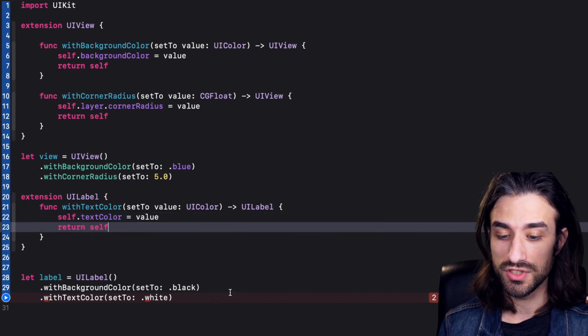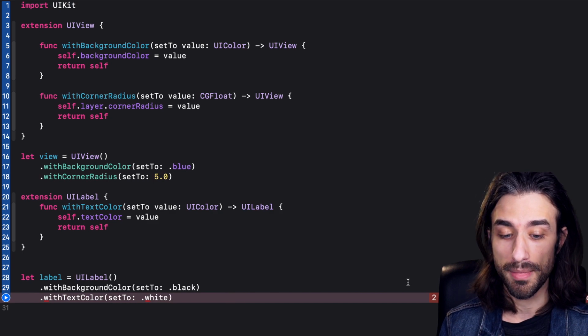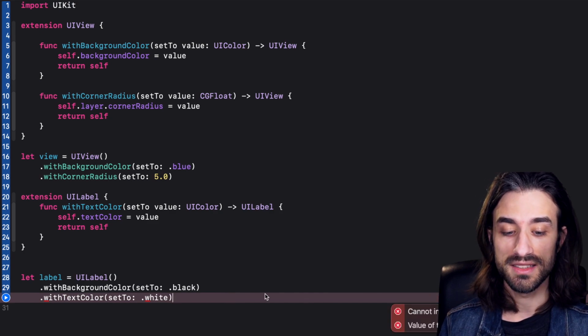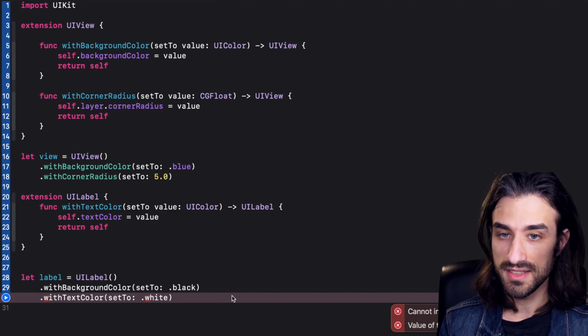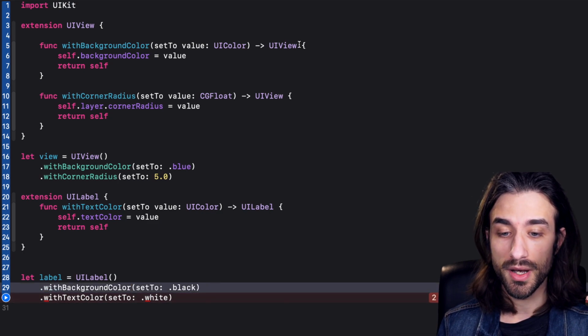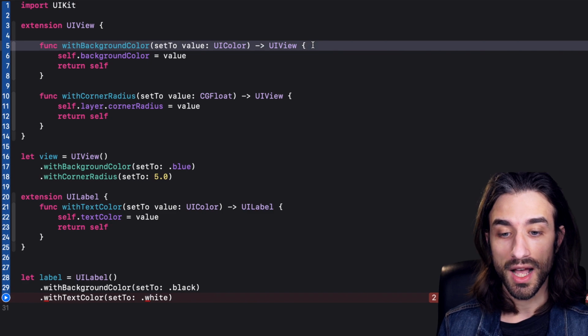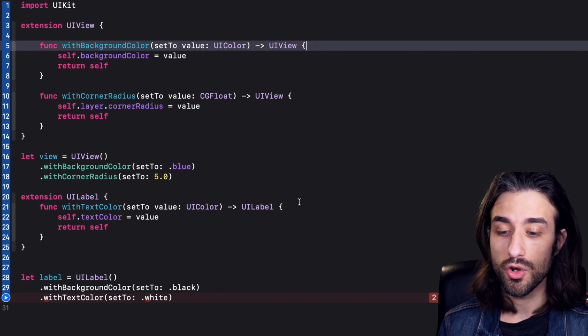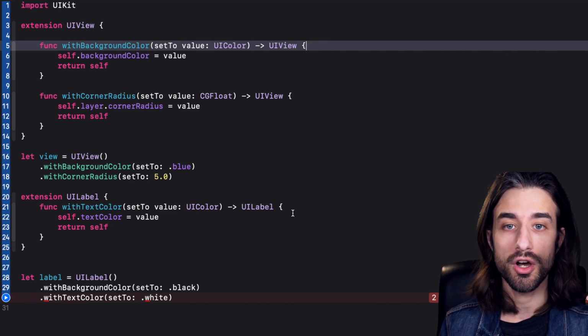However, when we try to use it, we see that this time we have a compiler error. And if we look at it, it says value of type UIView has no member withTextColor. Indeed, the source of the problem is that we call withBackgroundColor on a UILabel, but the method withBackgroundColor returns a UIView, and on a UIView we cannot call withTextColor because this is a method of UILabel.